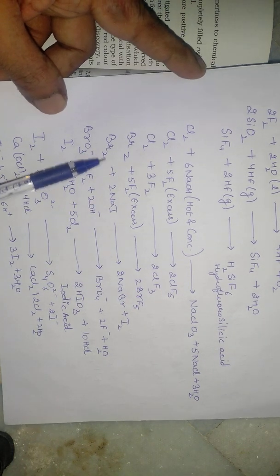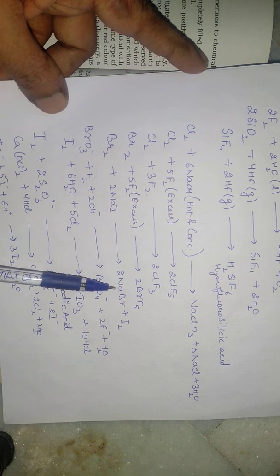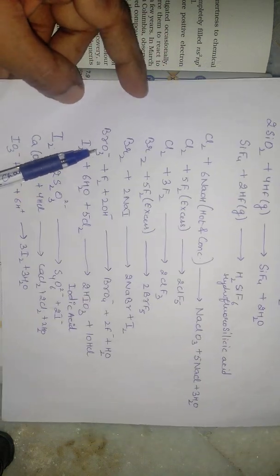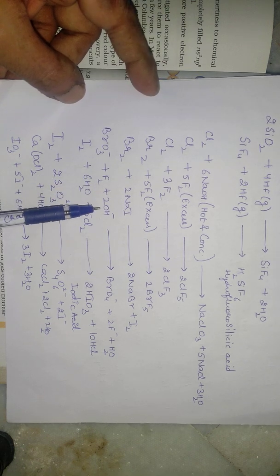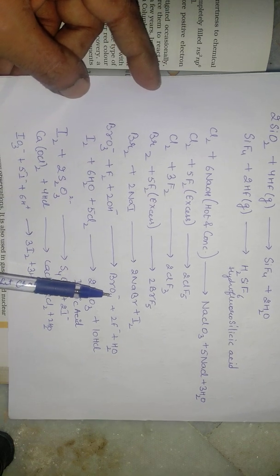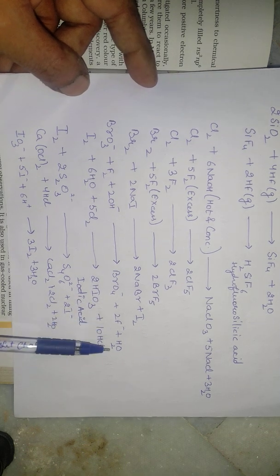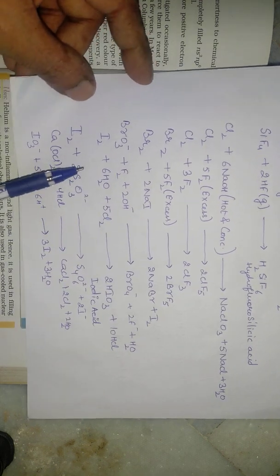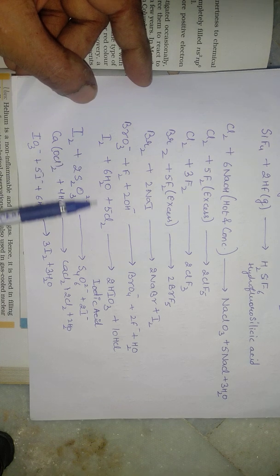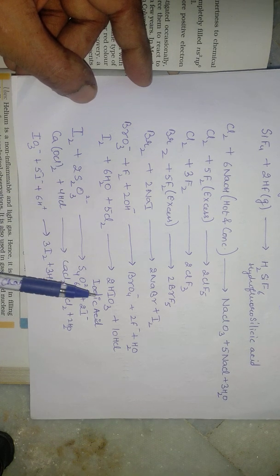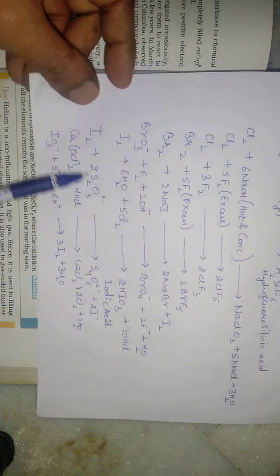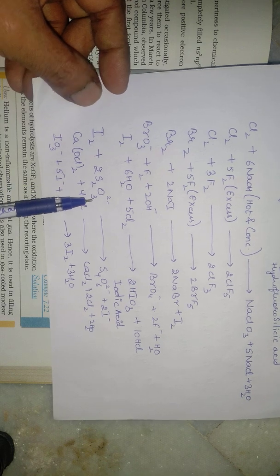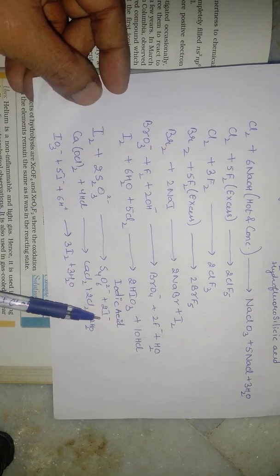However, when bromine reacts with sodium iodide, it results in the formation of sodium bromide and iodine is liberated. Here I have discussed ionic reactions also. The BrO3 negative ion reacts with fluorine in presence of hydroxide and results in the formation of BrO4 negative ion, fluoride ion, and water. Next is iodine. The reaction of iodine with chlorine in presence of water results in the formation of iodic acid, very important, and HCl as a byproduct. When iodine reacts with S2O3 ions, it results in the formation of S4O6 and iodide ion also.